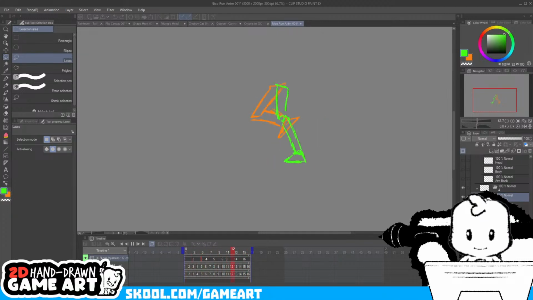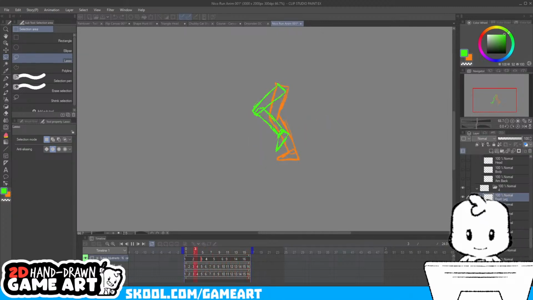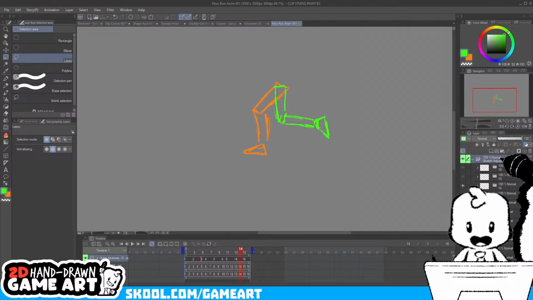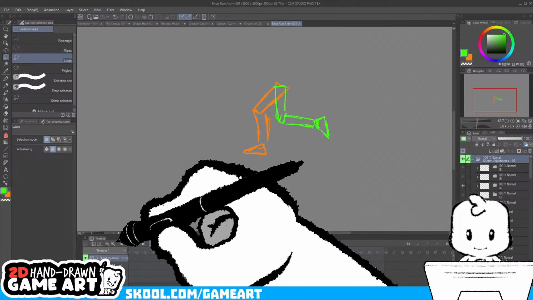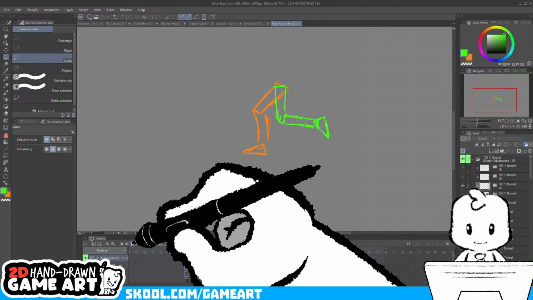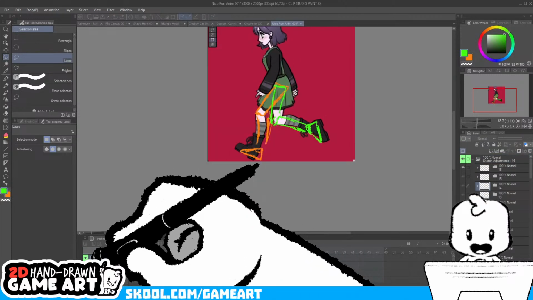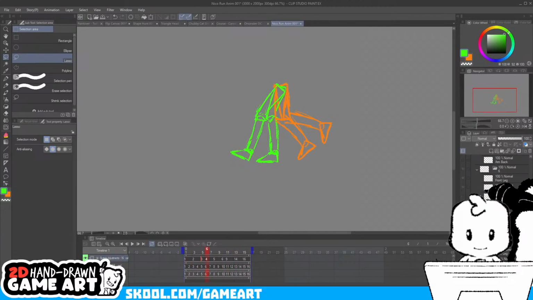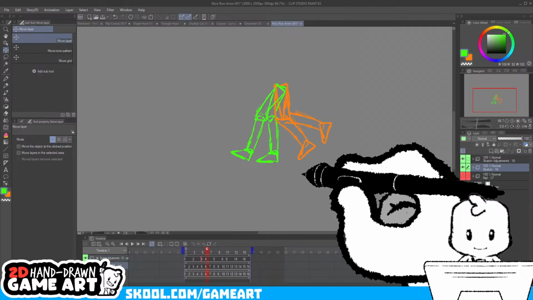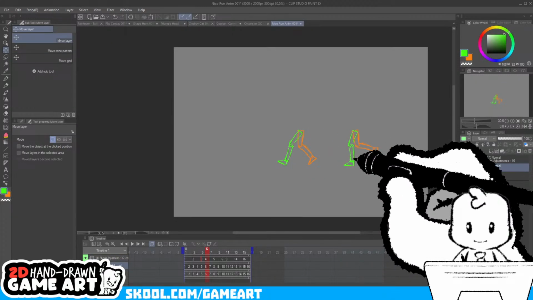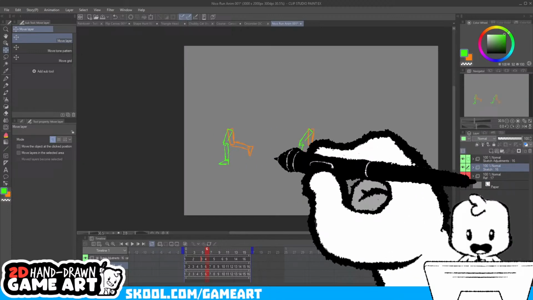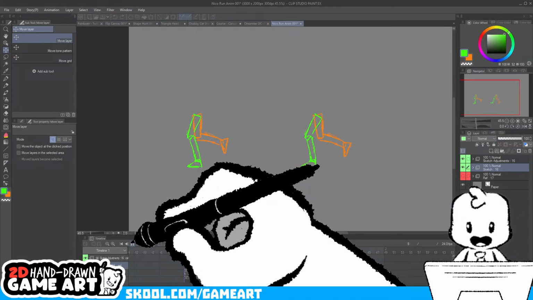There's some issues, but this is with some adjustments to the frames that we had. So I can turn this on, I can turn this on, and you see the difference. I can bring this layer off to the side. So the old one is on the left, and the new one is on the right.